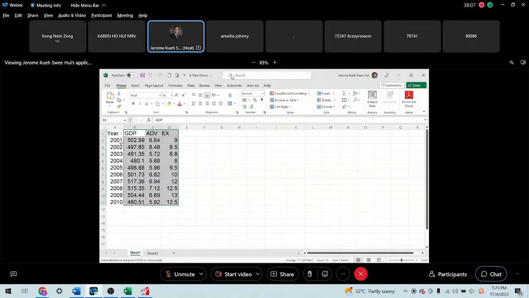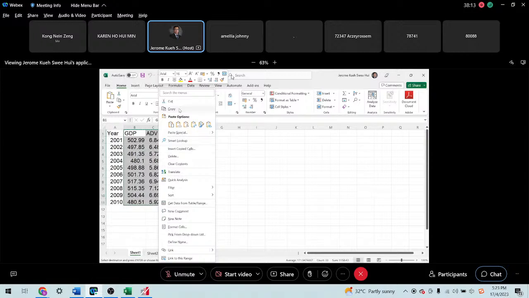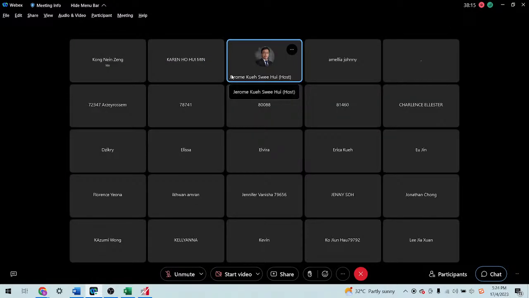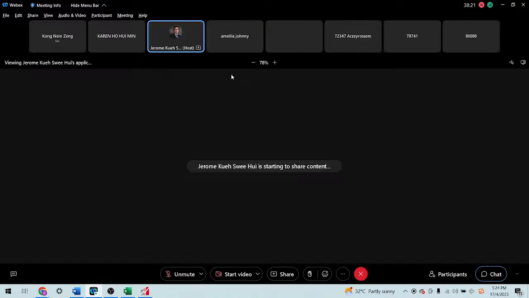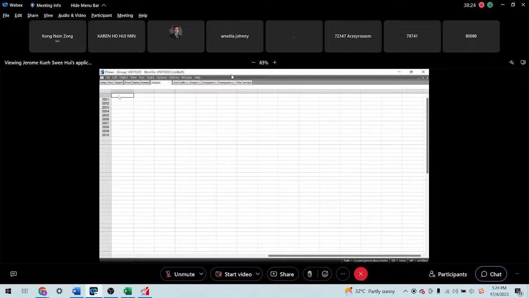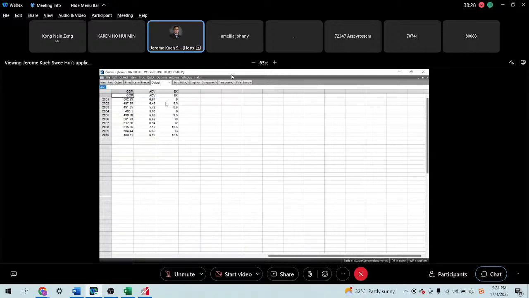Don't include the year. Copy, then you paste in your eViews. Here's a blank cell. Right click, paste. So this is how you transfer using the copy and paste method.